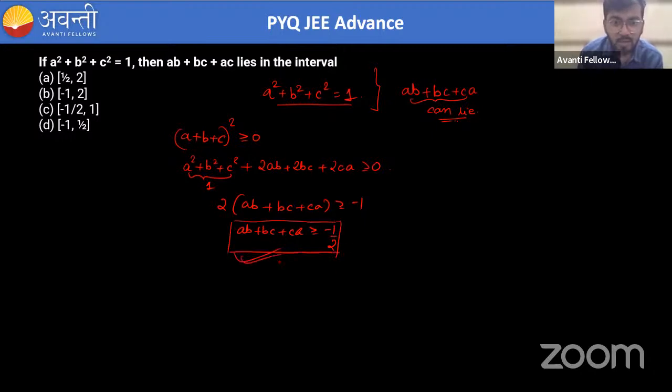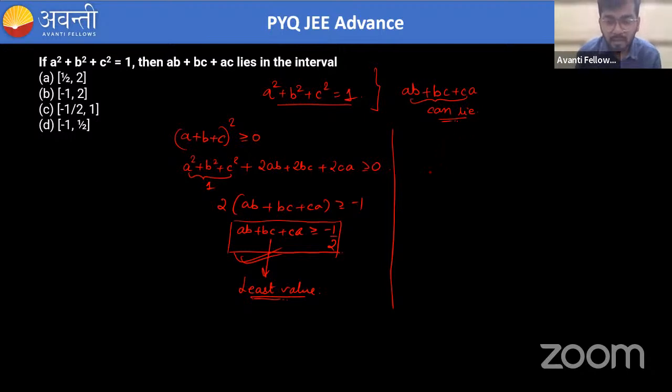Right? So from this you can know that the least value of AB plus BC plus CA will be equal to minus half. We all found out the least value of AB plus BC plus CA. Now to find out the greatest value of AB plus BC plus CA,